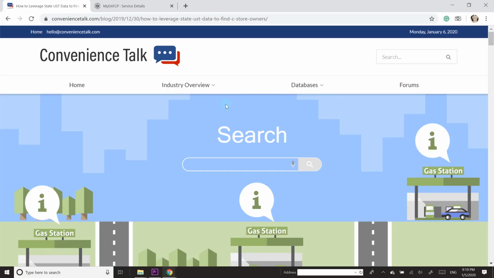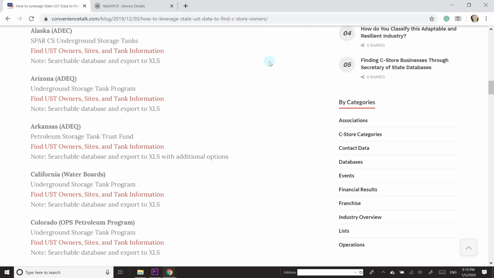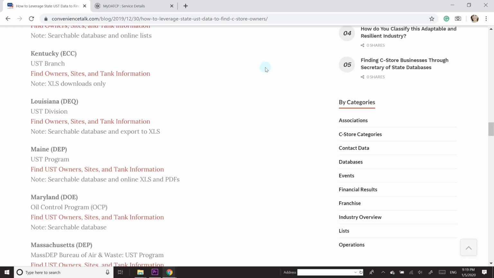Today's topic is how to search for C-store owners using Wisconsin's UST data. I wanted to start by going over this blog post on Convenience Talk, which lists all the UST databases by state. So if you go down to Wisconsin,